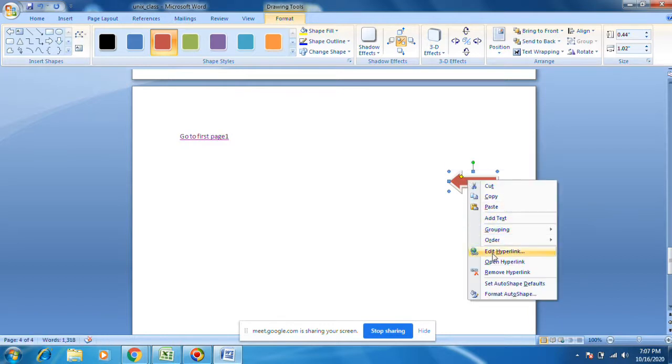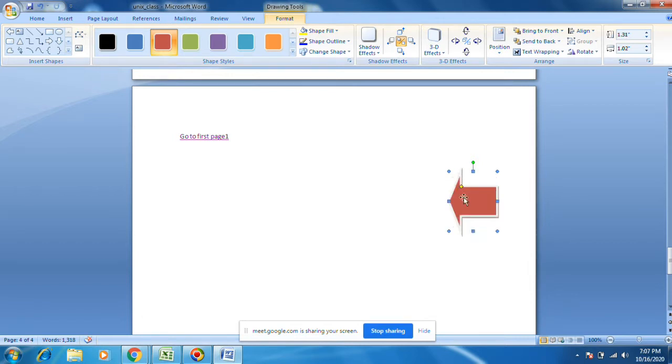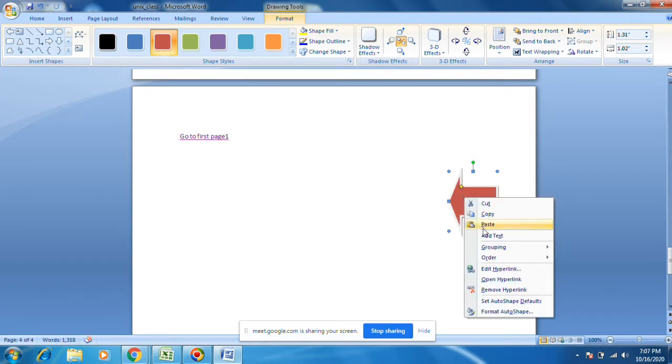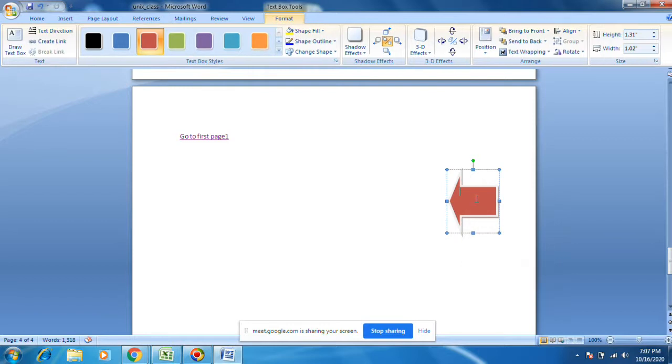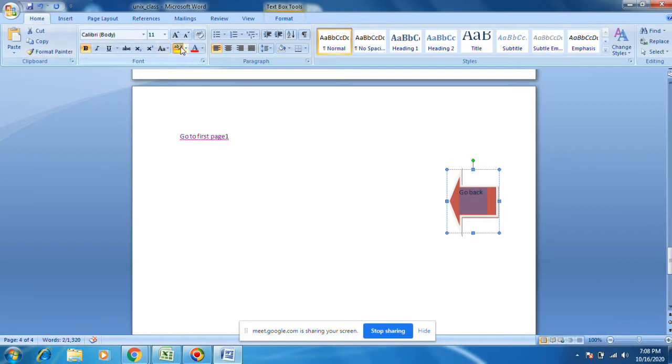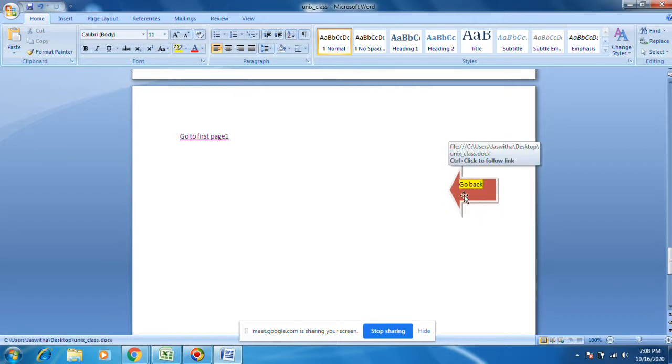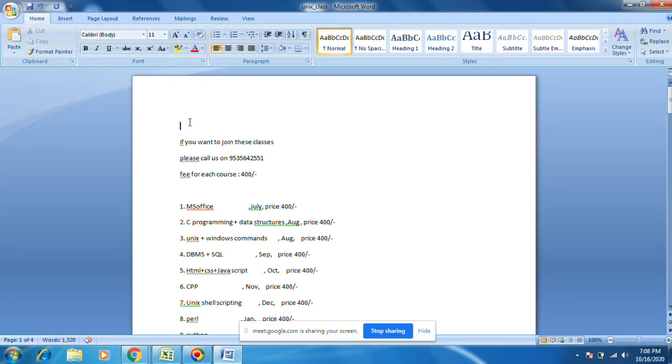Edit the text, add text, something to go back. You can make the text bold or something like this. You see, if you do control click, it will go to the top page.